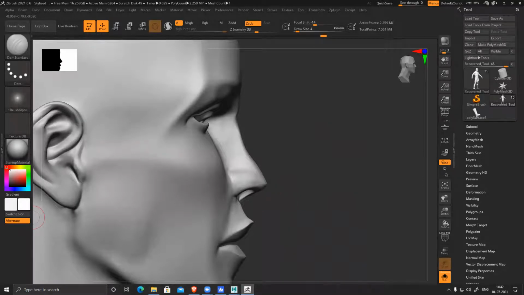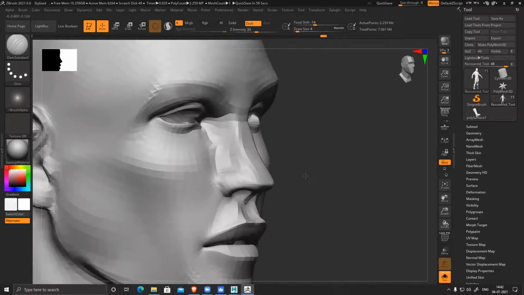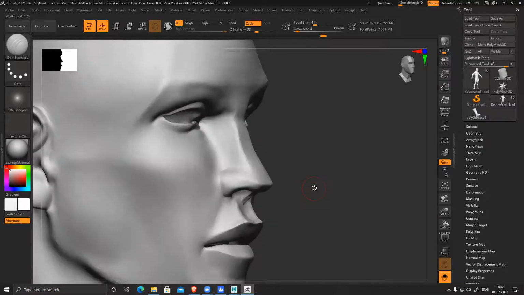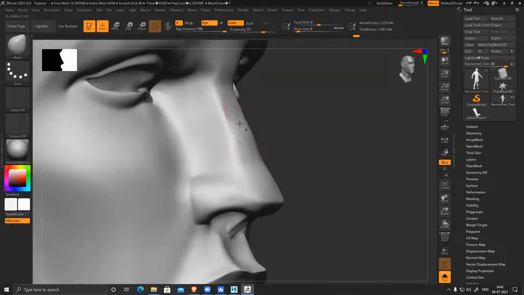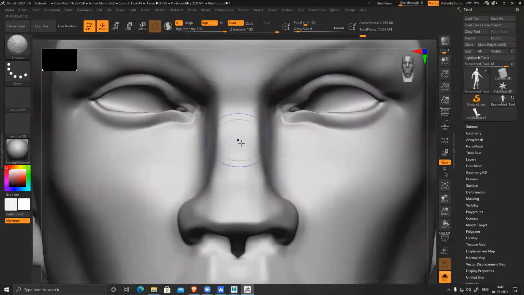Let's see if we have a side reference. No, it's almost flat only. Sir, in the model it is like that. No, it's like that, that's what I'm saying. This reference, the nose is completely flat.